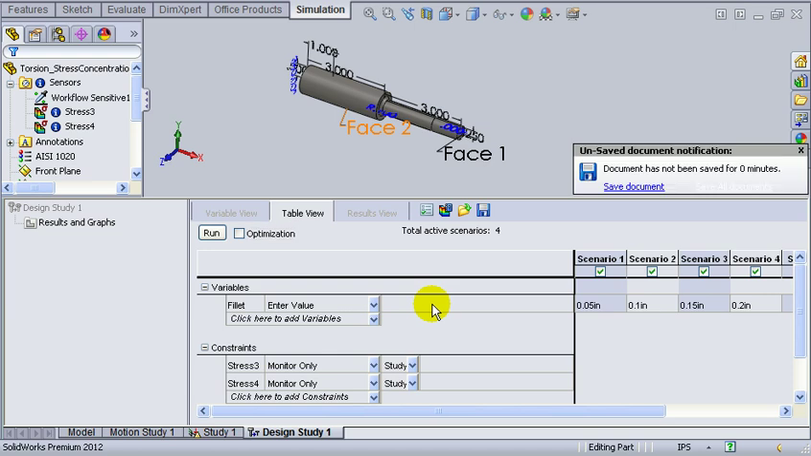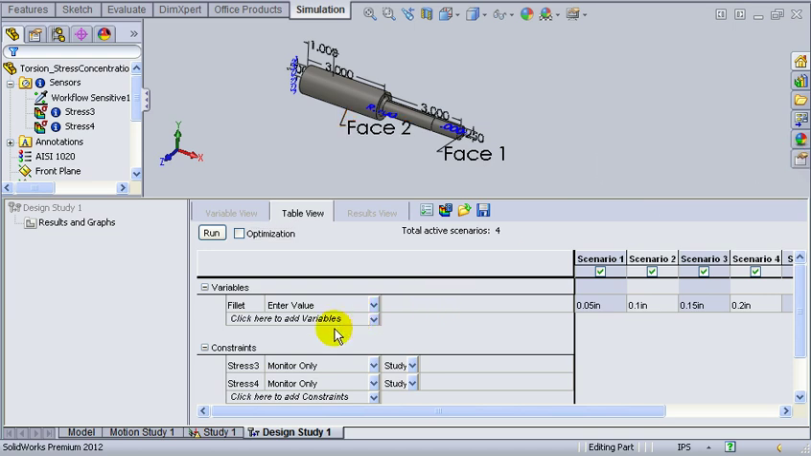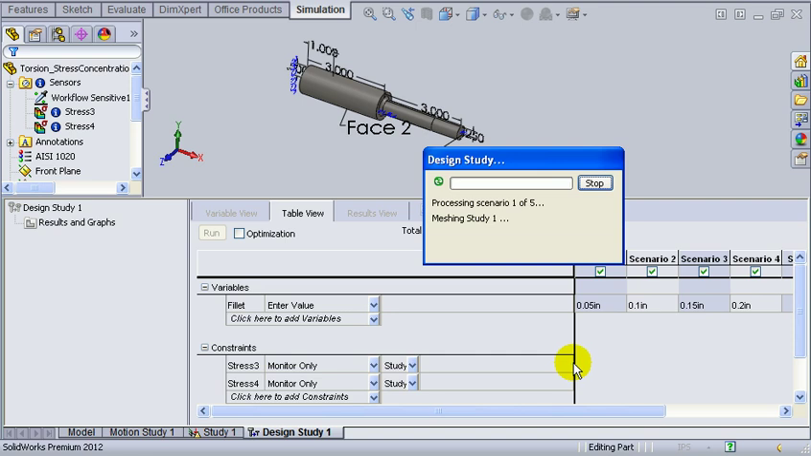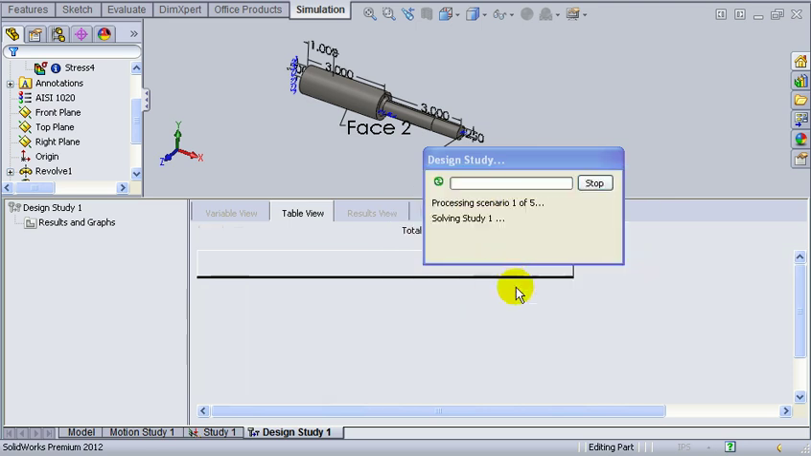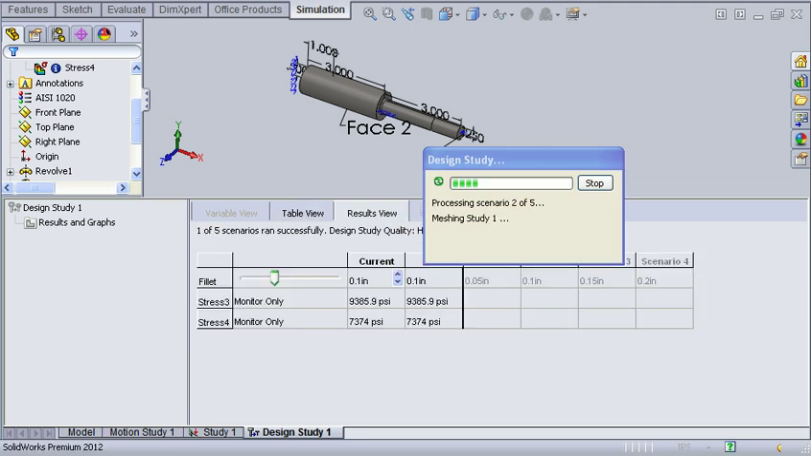In a more complicated situation, you can absolutely do a design, so-called optimization design, right? So now let's try to run it. Okay, so SolidWorks will run the different scenarios based on your